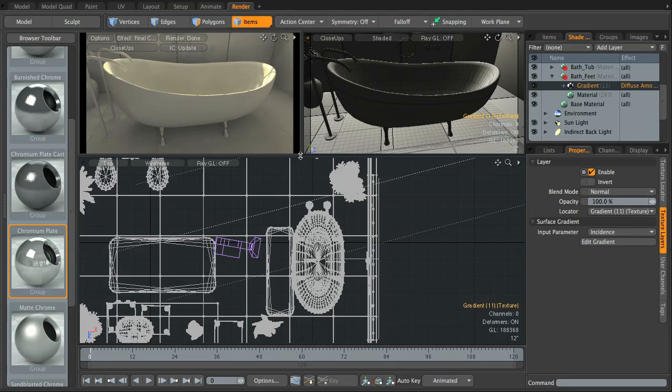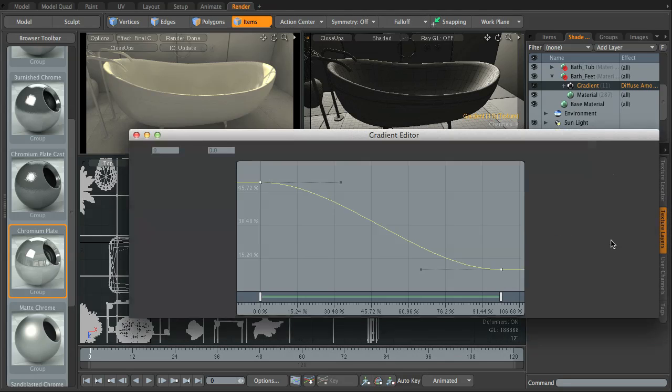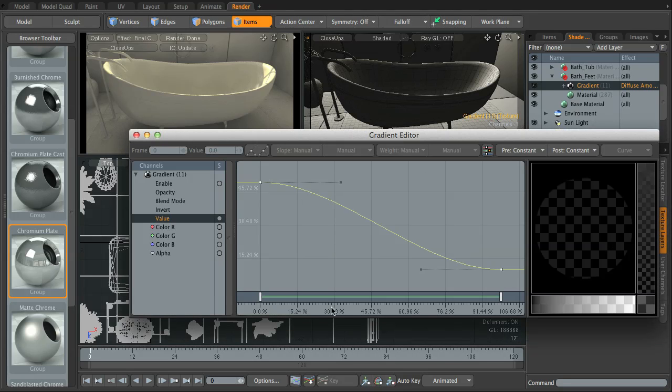What this will basically do is take our camera and the face of the objects which the material's on, and faces that are facing directly at the camera will have an incident angle of 0 degrees, or in this case 0%, and faces that are perpendicular to the camera will have a value of 90 degrees or 100%. So you can look at the gradient in here and you'll see those percentages. Ones that are 0%, like faces on the object that are facing the camera directly,